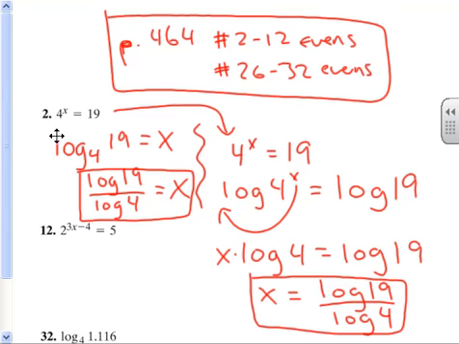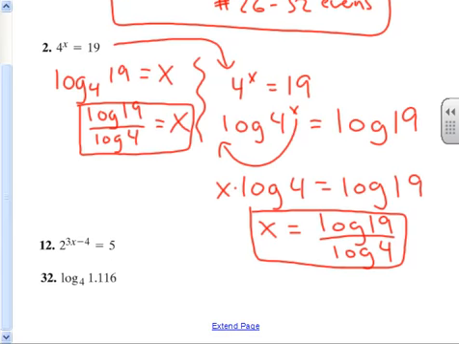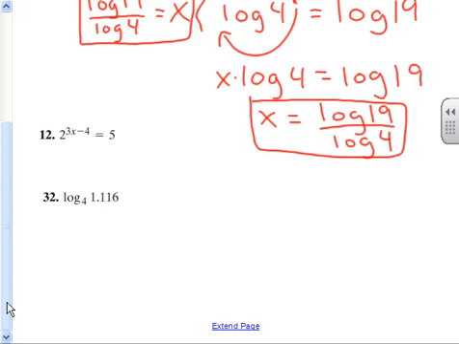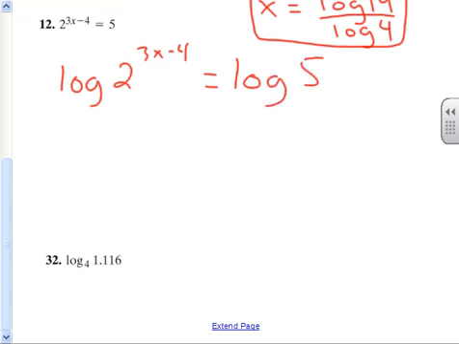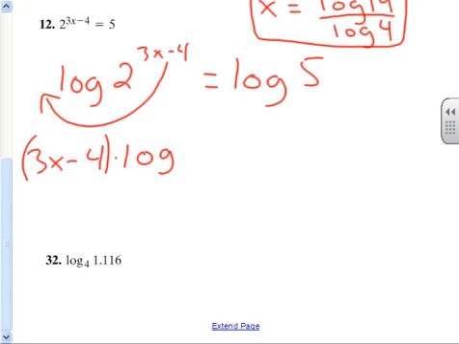Okay, let's see what happens if this gets a little bit more involved, like on number 12. If I take the log of both sides, again, the exponent here comes out in front, and the exponent is one whole unit together, so the 3x minus 4 has parentheses around it. Now dividing both sides by log base 2,